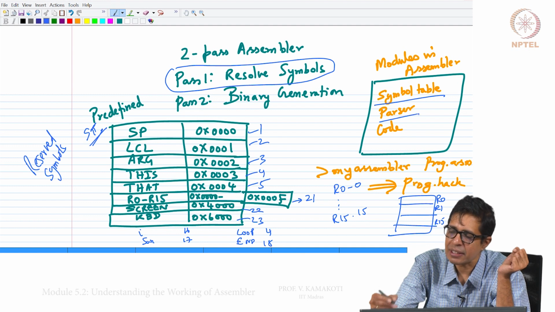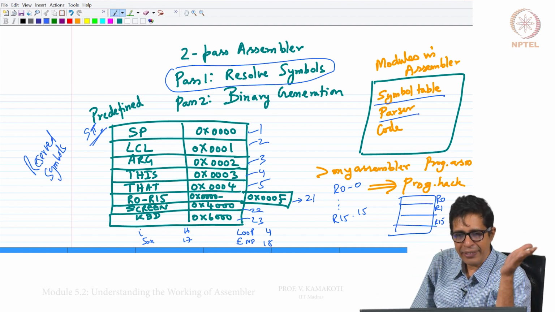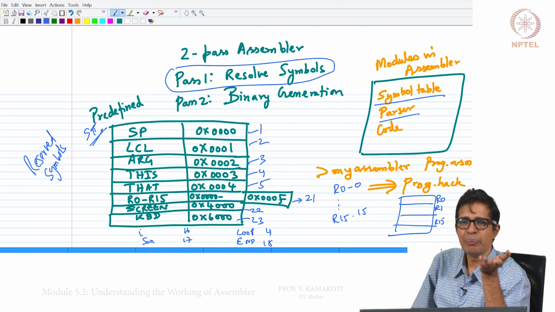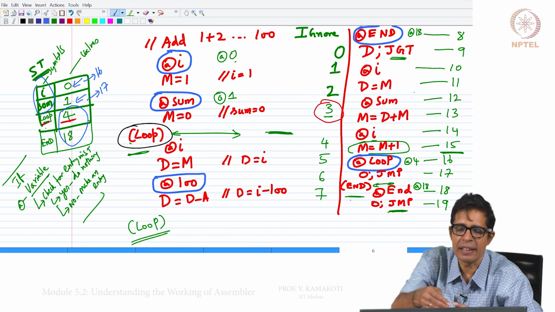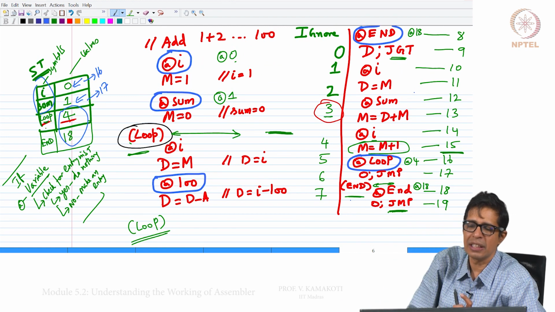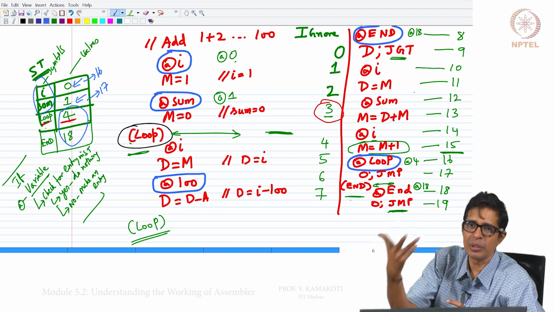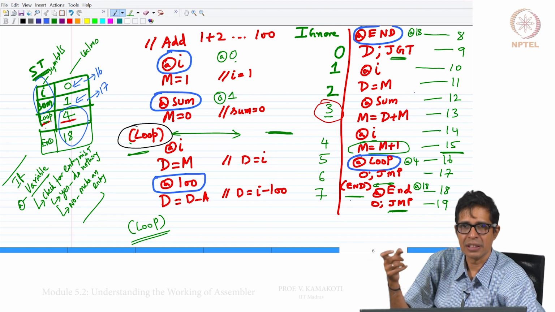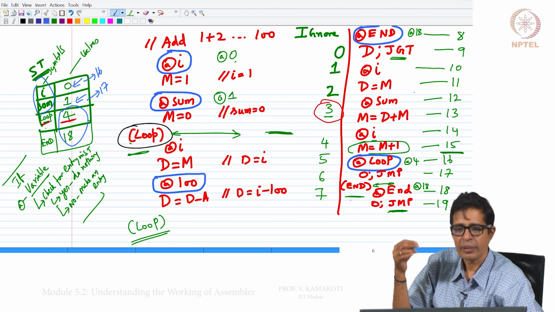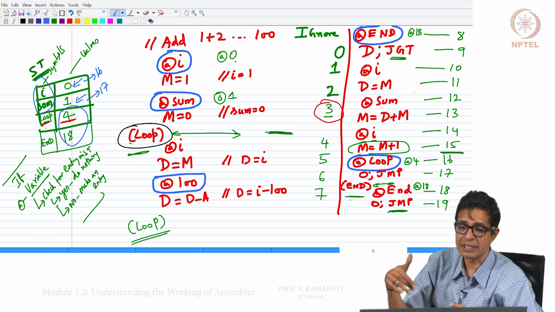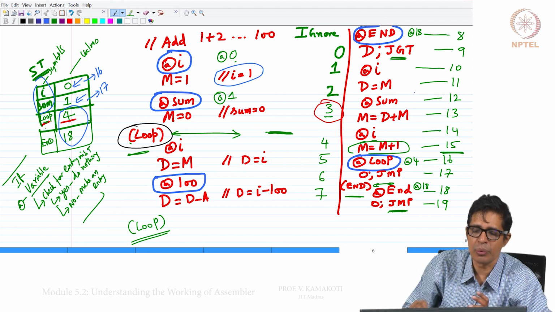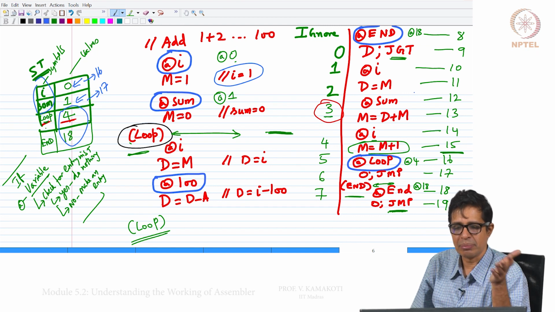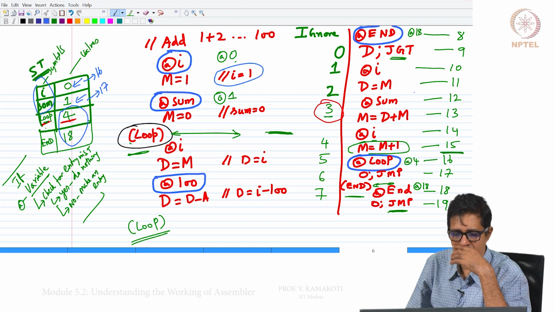Then there is a parser. What will this parser do? It will basically read line by line and make a decision of what we need to do. For example, the parser in this case will read line by line. The first line it will read, oh, it is a comment. The second line it will see, oh, it is an @ instruction, and then what is it, right. And then, oh, the third instruction is m equal to 1 followed by a comment here. So, this comment I have to ignore, I know what is m equal to 1. Then similarly @sum, m equal to 0, loop, @i, all these things it basically goes through.